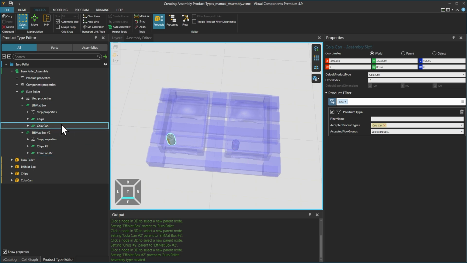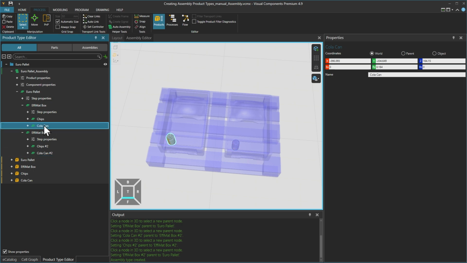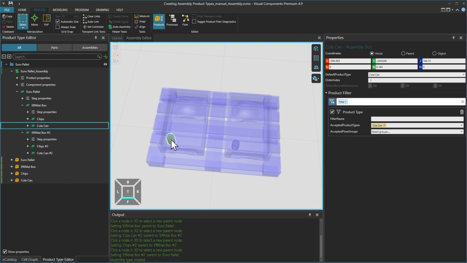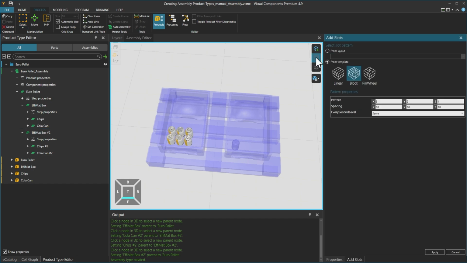For this step, the can, it would be nice to have 6 of them. So in the assembly slot, select the pattern option and choose block pattern. And similar to before, with 1 on the Z-axis, 2 along the Y-axis, and 3 along the X-axis, and then click Apply.